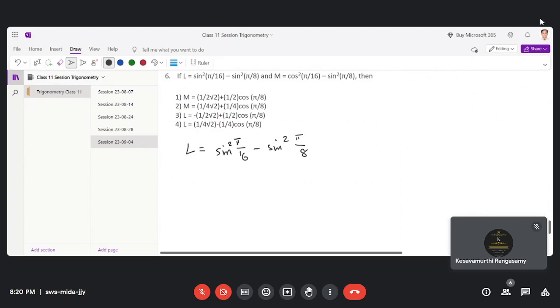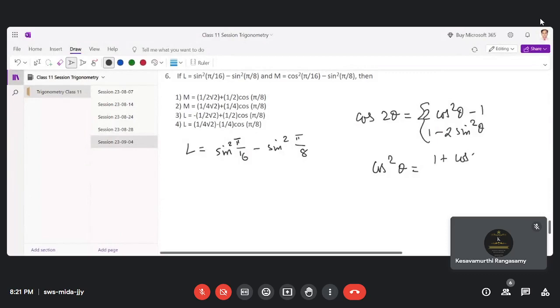I'll give you a clue. You use this cos 2 theta formula. Cos 2 theta equal to 2 cos square theta minus 1, or 1 minus 2 sine square theta. From this we can write cos square theta equal to 1 plus cos 2 theta divided by 2. From the second one we can write